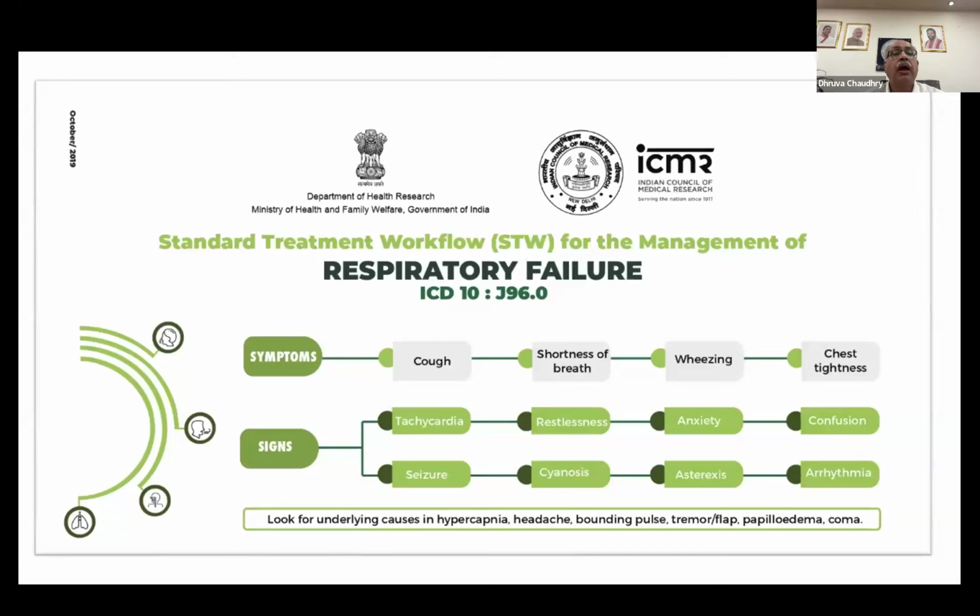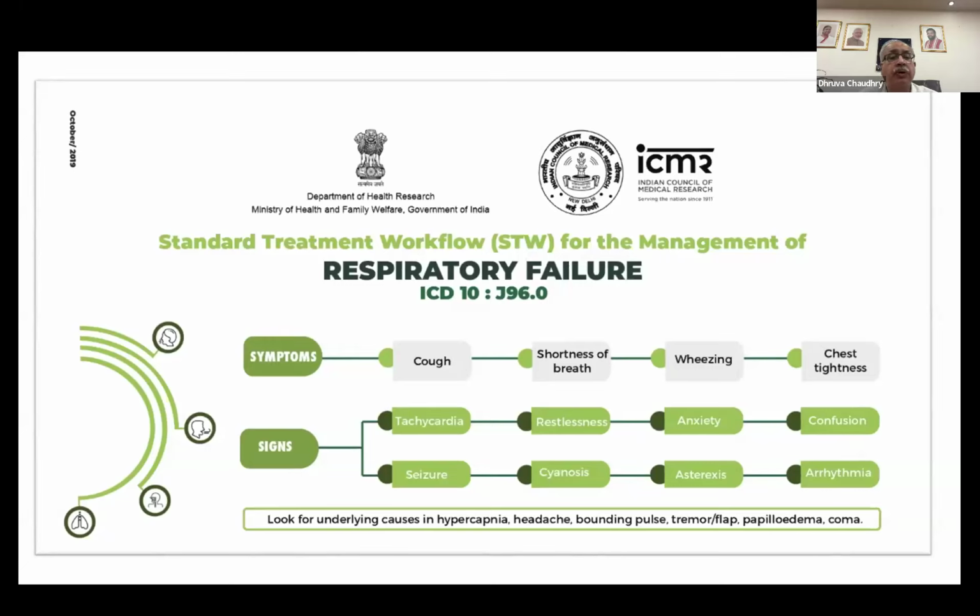As Sir said, and also Dr. Ashutosh, ICMR has been making standard treatment workflows so that we have a uniformity of care throughout the country as far as common diseases are concerned. And that's what we had come up with. As he's pointed out, nearly 23 different STWs have been formed, and I think what is relevant to us is also the one for pulmonary tuberculosis. I had the privilege to work with her as well as Professor Ashutosh Aggarwal.